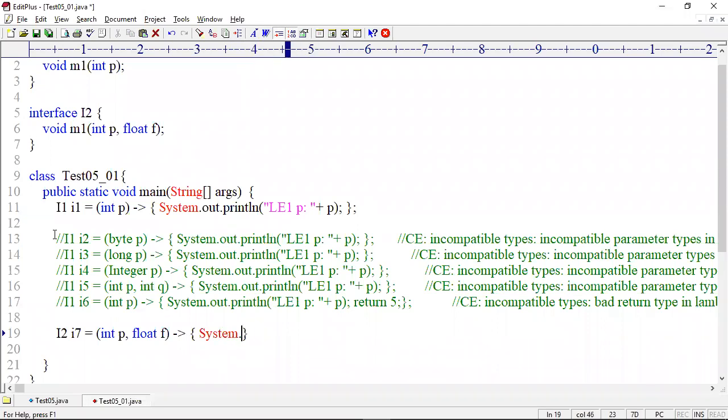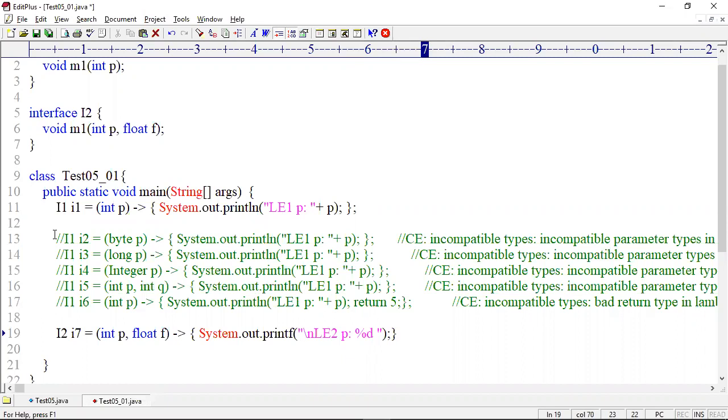Or if you want to write logic, System.out.printf("lambda expression 2 p: %d, f: %f\n", p, f).